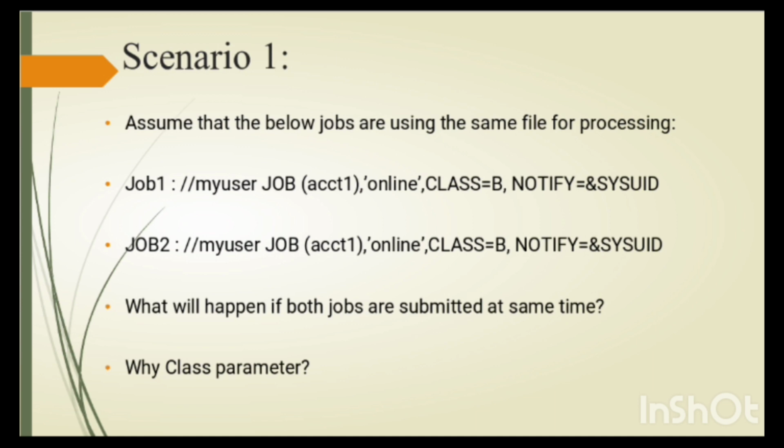And there is one more option: if we are not giving the class value, how will we get the class parameter details? The class parameter definition can change from project to project. In some projects, class value A may be assigned to short term jobs, and in other projects class equals A may be assigned to long term jobs. It is always advisable to check with your team lead, system operation and production support teams to get the class parameter. This applies to production jobs also.